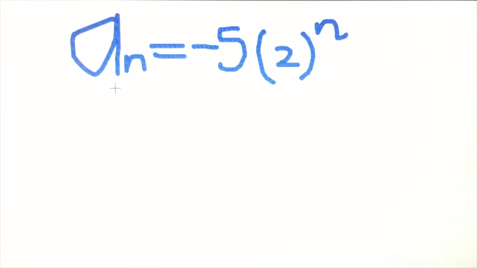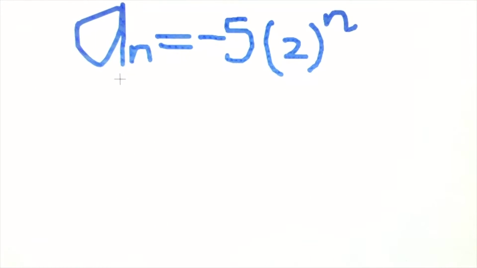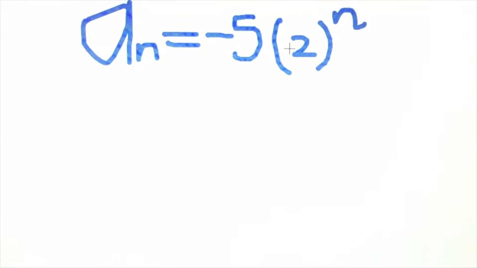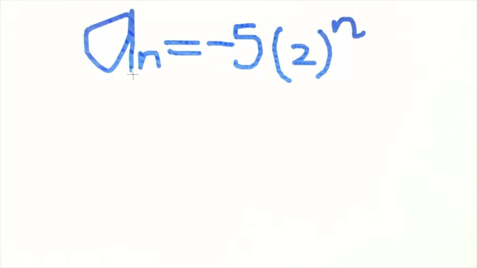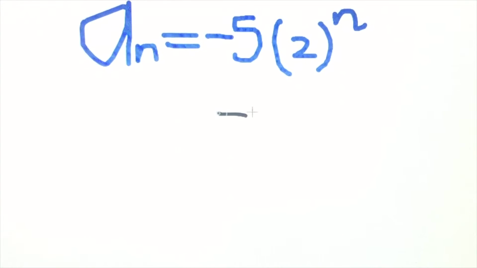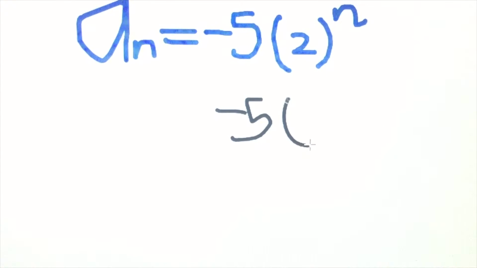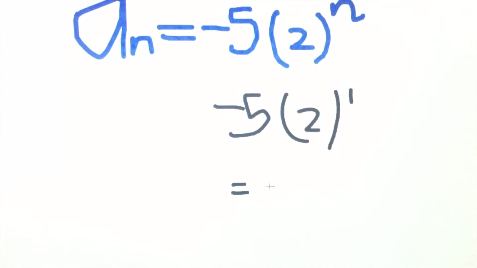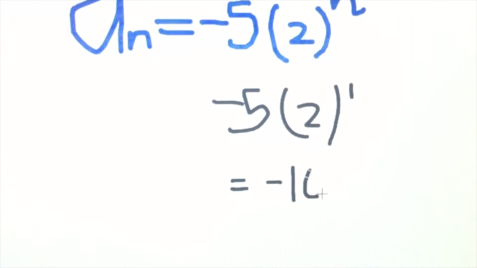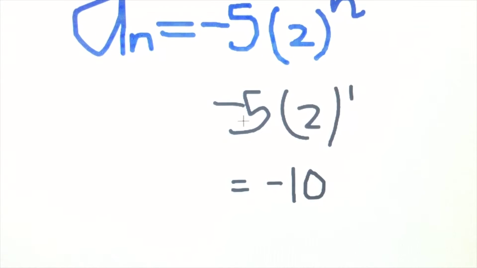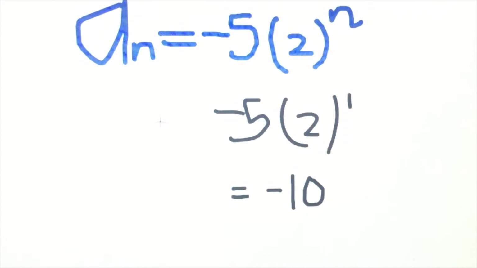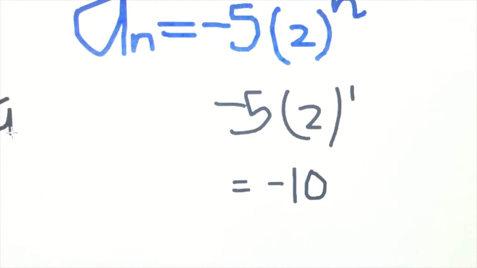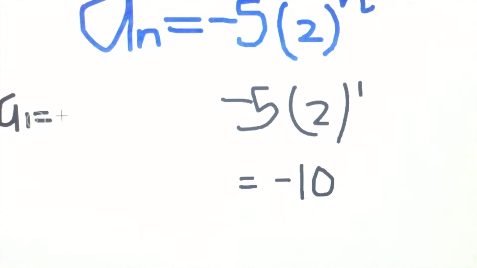The second part will be geometric. The question is b of n equals negative 5 times 2 to the n. In order to find the first term, you need to substitute n for 1 and solve. So in this case, it will be negative 10. In order to solve this equation, you need to know b of 1. That is going to be negative 10,